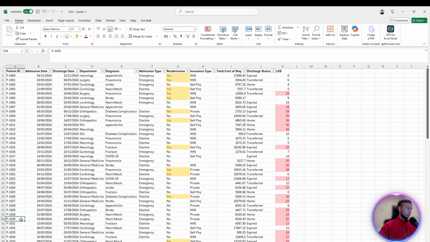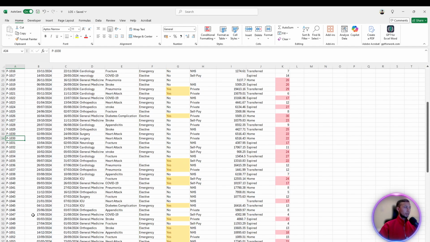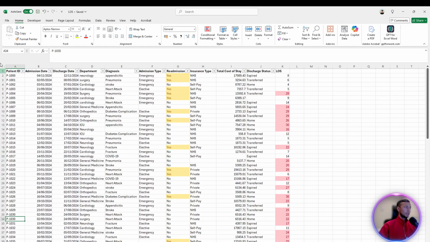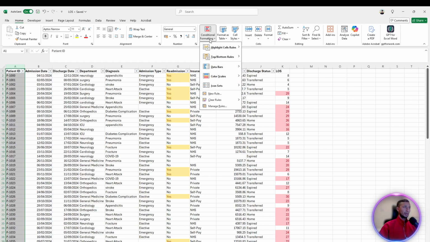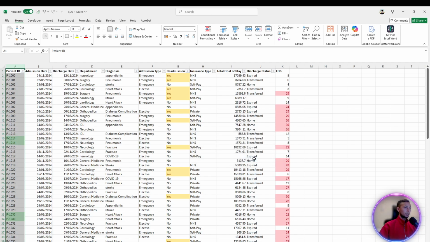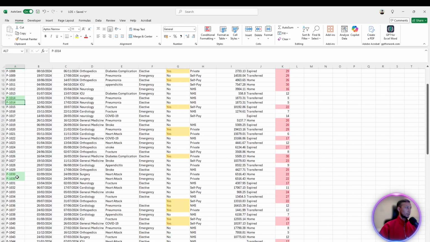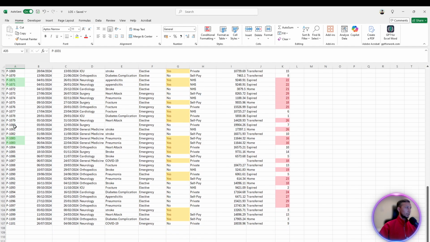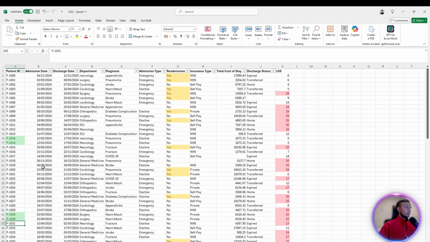Likewise, this one. But if your data set is large, then it's difficult to go through each and every column and row, right? So what you can do is highlight the duplicates using conditional formatting as well. Go here, you can see duplicate values. Click here, highlight with, let's highlight with green color. Okay, as we talked about, this is a duplicate, this one is a duplicate, and here, okay, we have some duplicates in